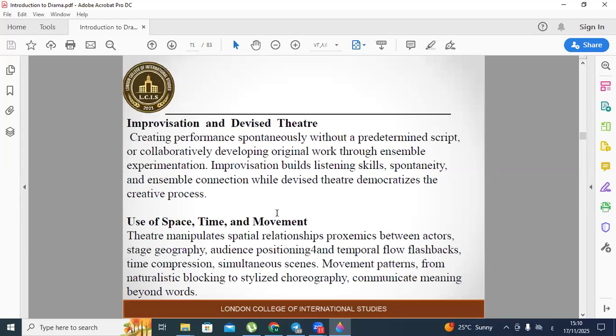Everyone, I mean everyone, contributes rather than just interpreting a playwright's vision. It allows exploration of topics or forms that do not have existing scripts. It can incorporate non-actors' expertise, scientists, activists, community members into theatrical creation. Companies like Complicité,